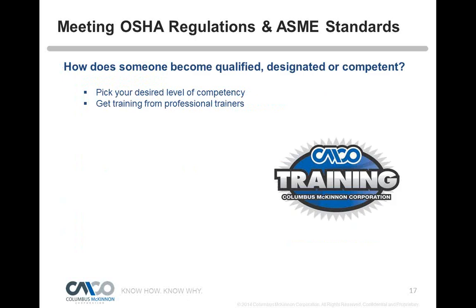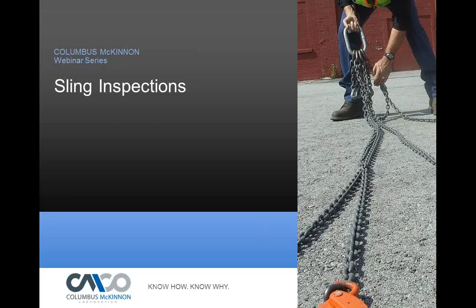You want to get trained up on that equipment and make sure you understand when it is safe to use, or is it out of inspection, or am I qualified to use it? Do I understand how this equipment works? Because I want to be sure I don't do anything wrong. So it comes down to proper training. So let's break it up a little bit. Let's get into sling inspections, and we're going to talk about sling inspections and crane and hoist inspections and